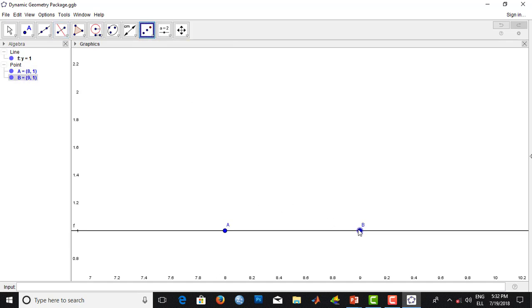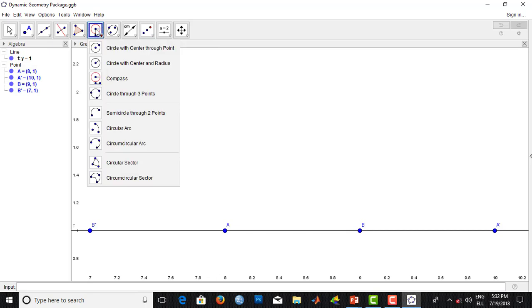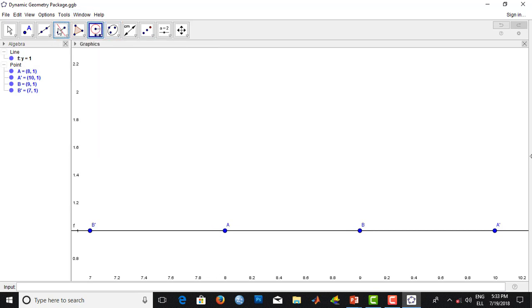So I first begin by creating some points based on what I already have on the baseline. I have B prime, which is an image of B about A, and A prime, which is an image of A about point B through geometric transformations. Using the compass tool, I find this an easy way of constructing these perpendicular lines. So that's how I do it,